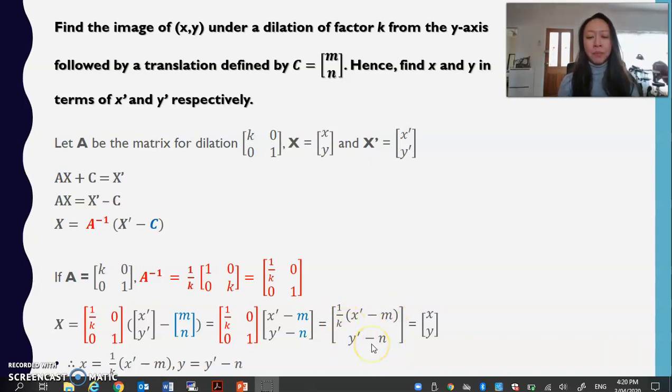We get 1 over K bracket x prime take m, and y prime take n for the second row. So x is actually my x, y, which means that my x value is equal to 1 over K bracket x prime take m, and my y will equal y prime take n. So this is x and y in terms of x prime and y prime respectively. So if we go to the next question,